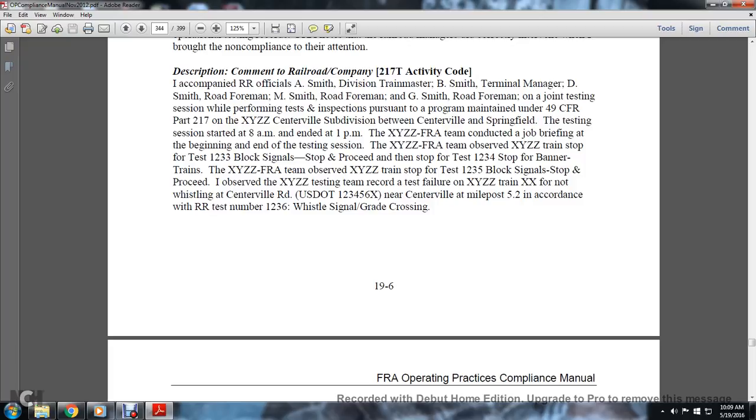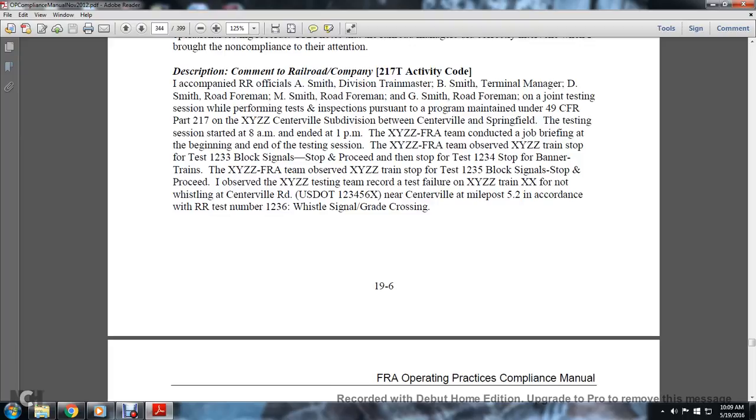program under Title 49 CFR Part 217 on the XYZZ Centerville subdivision between Centerville and Springfield. The testing session started at 8 a.m. and ended at 1 p.m. The XYZZ FRA team conducted the job briefing beginning with the end of the test, and the XYZZ FRA team